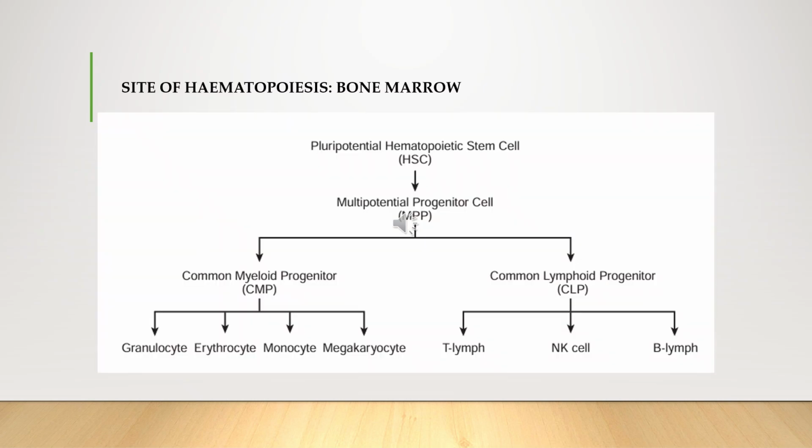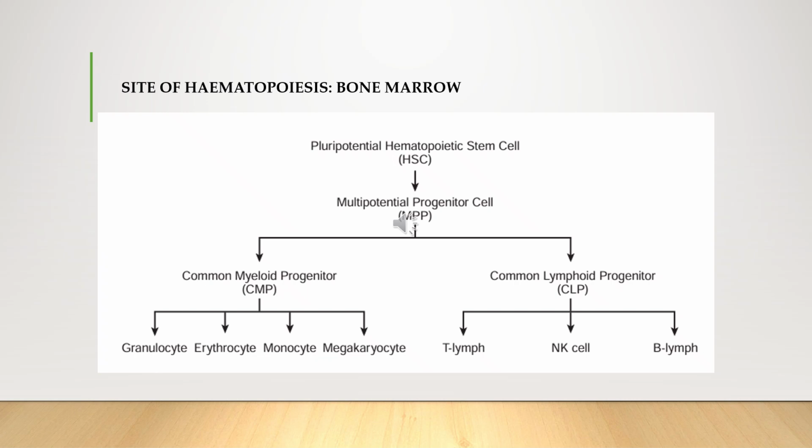Before we get into thrombopoiesis, let's revise two key points about hematopoiesis. Hematopoiesis means the production of blood cells that include RBC, WBC, and platelet. In adults, hematopoiesis occurs mainly in the bone marrow of flat bones like sternum, skull, pelvis, sacrum, and vertebrae. It changes with age. In fetal life, it starts in the yolk sac, then shifts to the liver, and finally